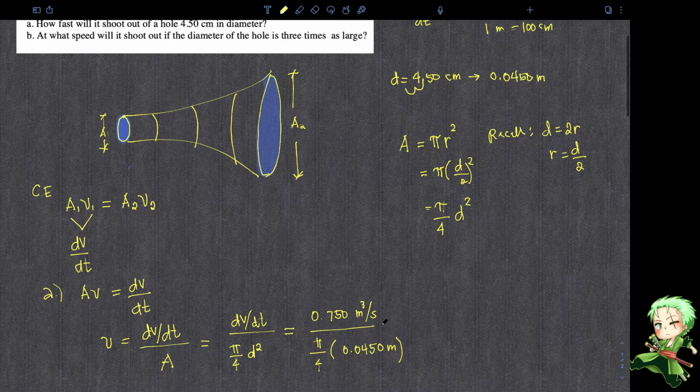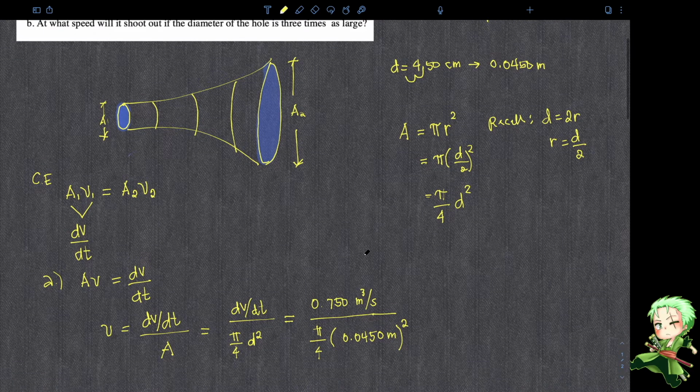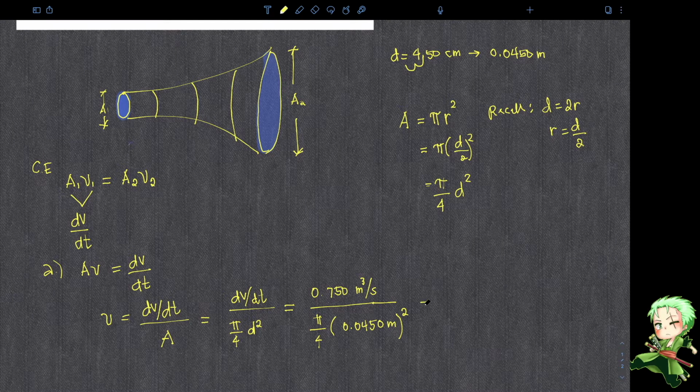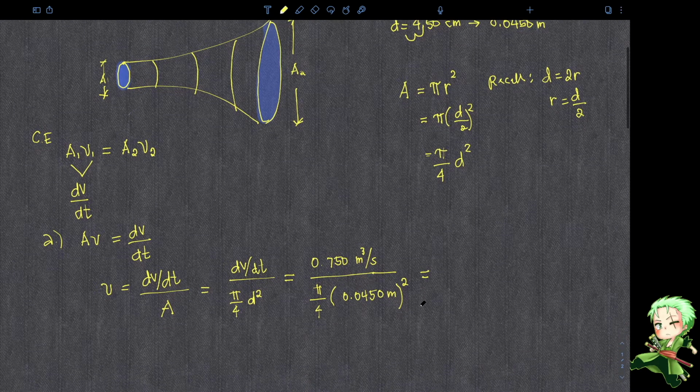Now the next thing you are going to do is to check whether it will give you a sensible unit. From this, you will see, sorry, this is squared. You will see that you have m squared in the denominator and m cubed in the numerator, so that will leave 1 m. So you will have meters per second as the remaining unit, which is sensible. So you are sure that you're actually working with the correct set of equations here, since you yield a sensible